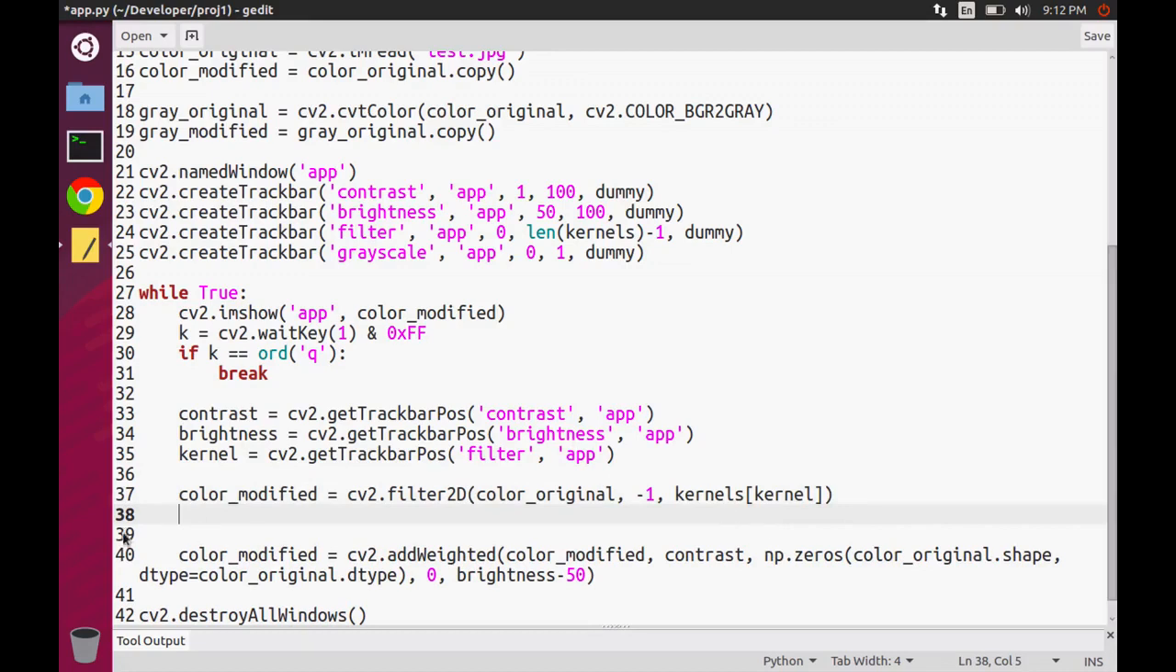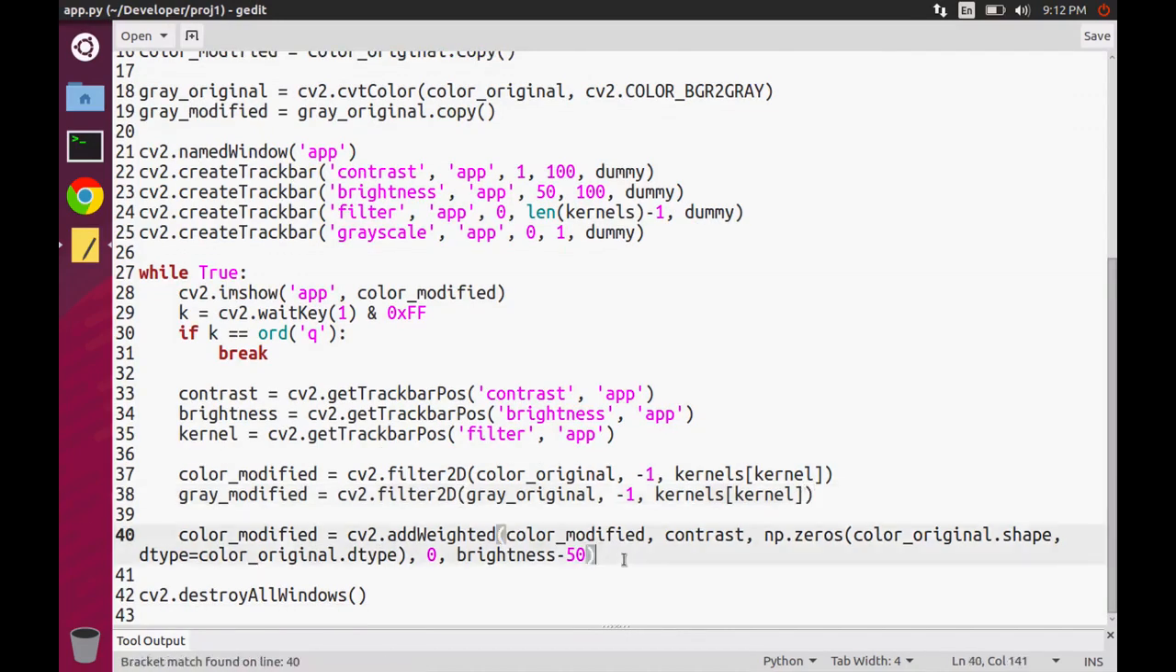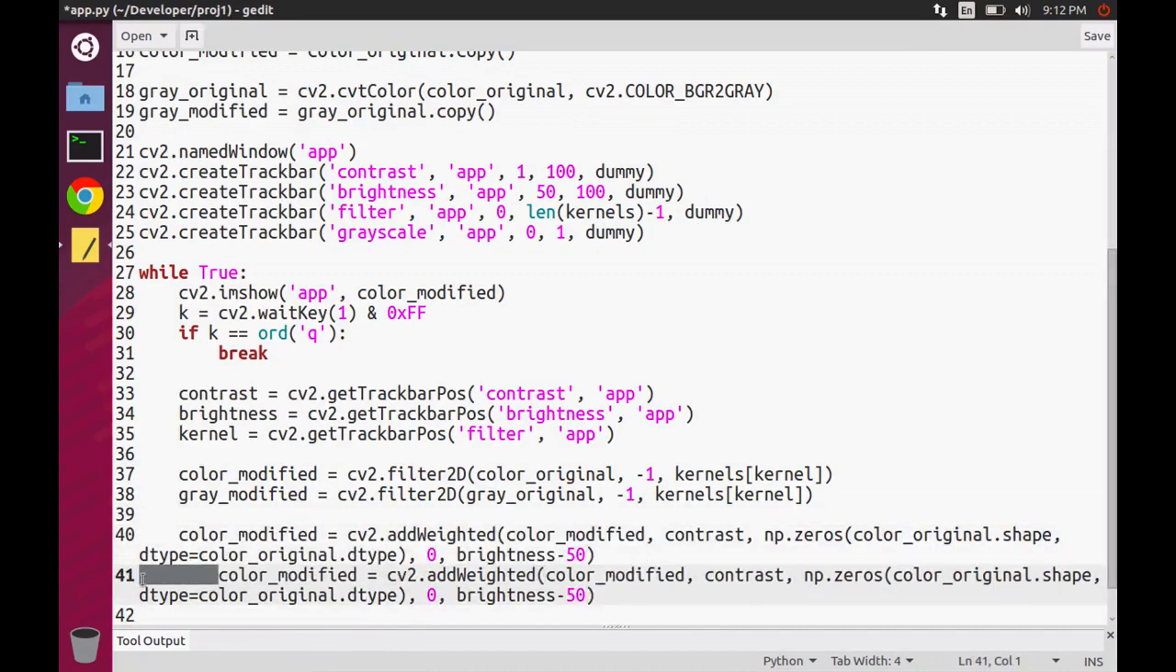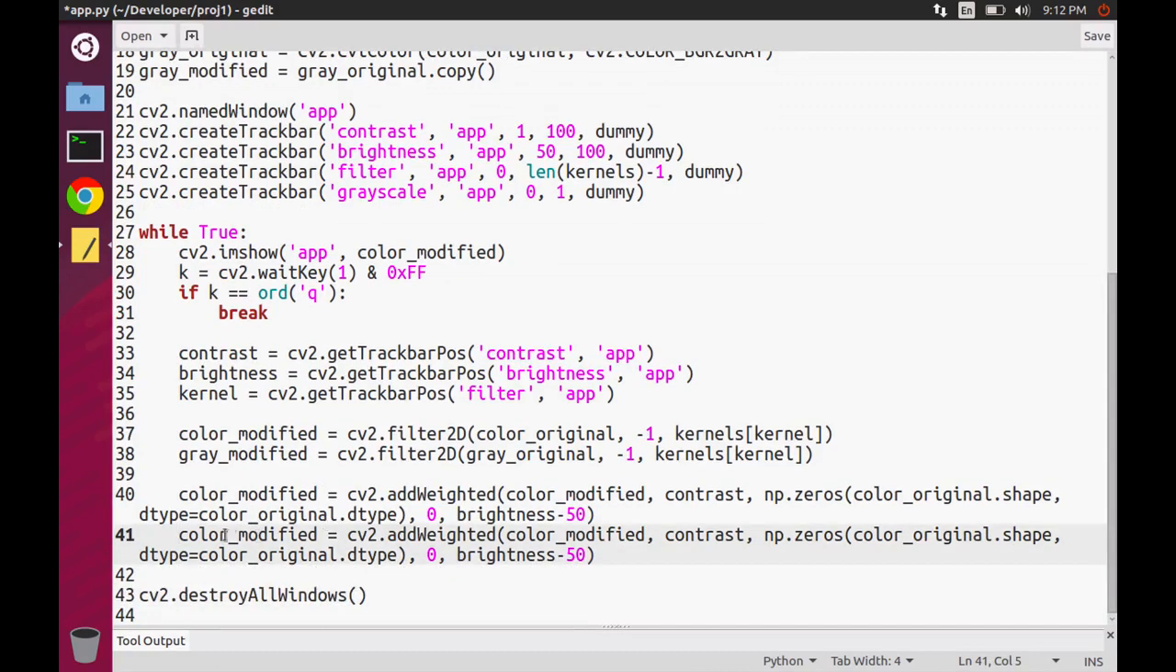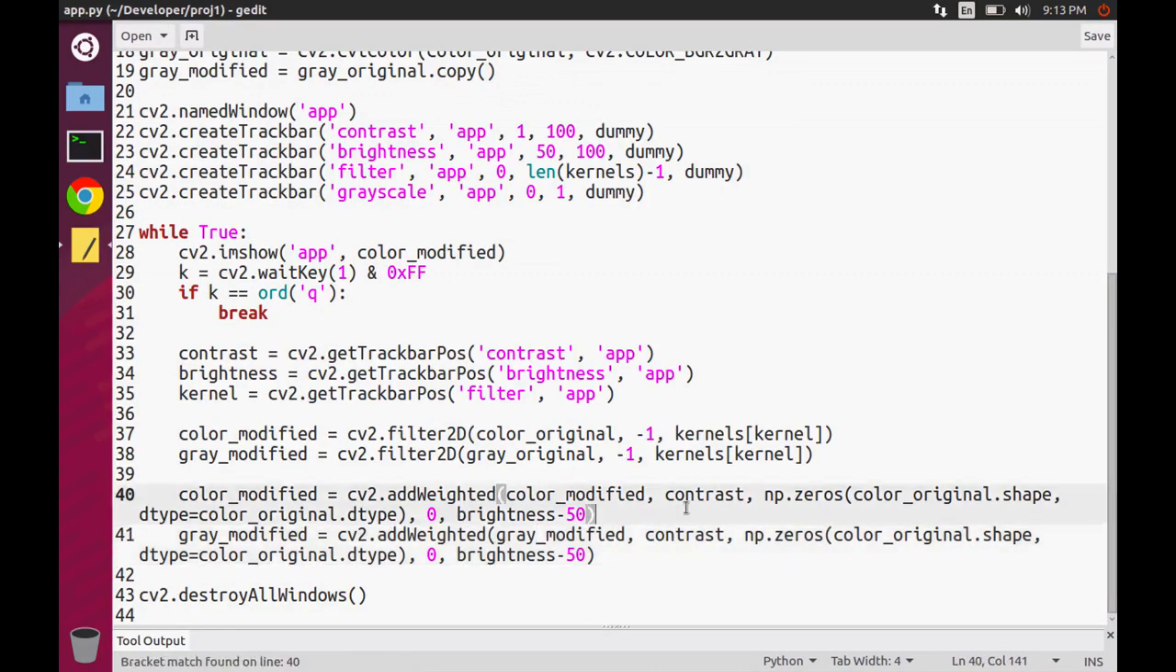So I'm basically just going to make gray analogs of these color code lines. So the gray modified equals cv2.filter2D gray original, -1, kernel. This is exactly the same as the color one, except I'm using gray instead of color. I'm going to copy and paste this line of code here and re-indent it. Instead of color modified, I'm going to use gray modified, and same thing here. Everything else I can just leave the same,